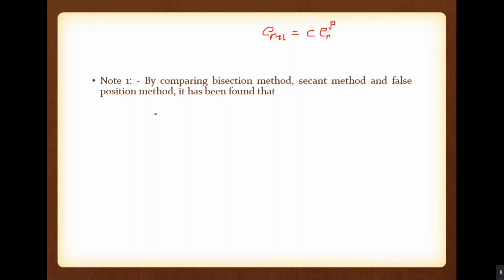But still you can see that the false position method is taking fewer steps than the bisection method, but more steps than the secant method. The reason is C. Even if it is linear, the bisection method has a 0.5 value. C is equal to 0.5 for the bisection method. And for the false position method, that is less than 0.5. That is why the steps required are fewer for the false position method. So please note that. Both C and P are very important for determining the speed. But please note, the rate of convergence is more important than C.